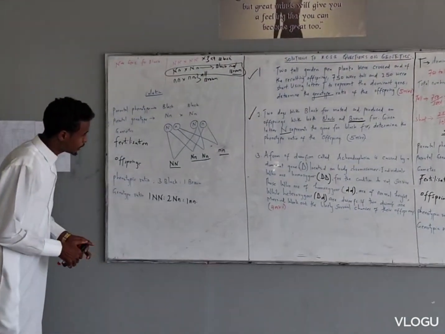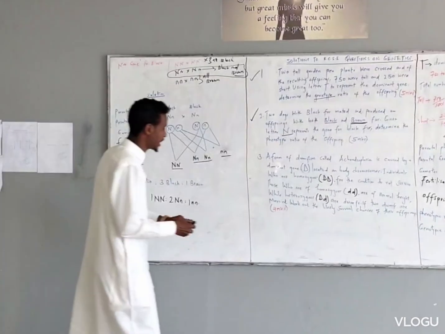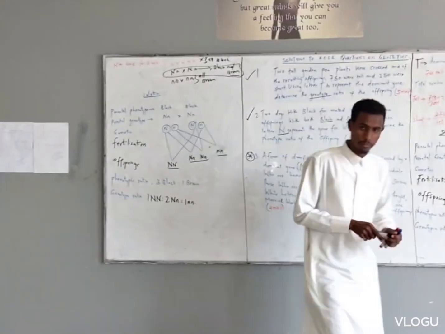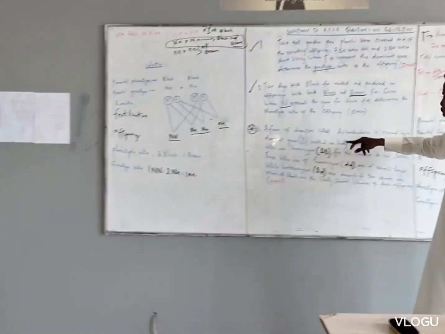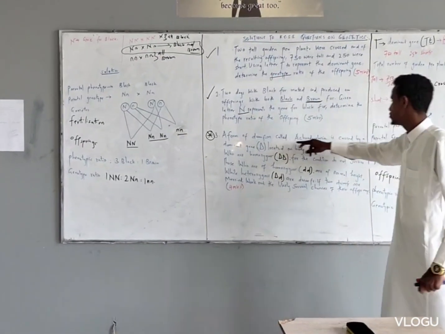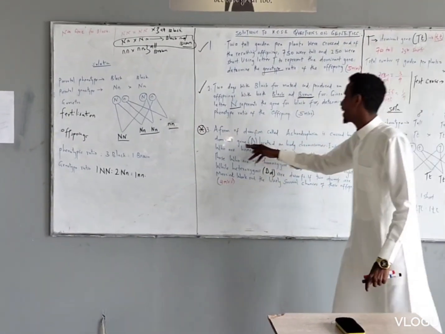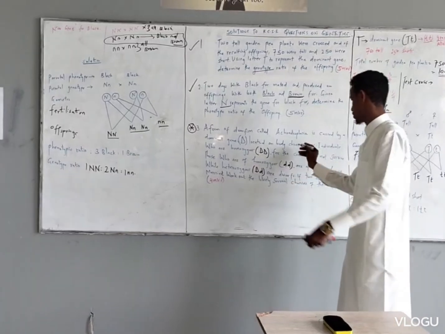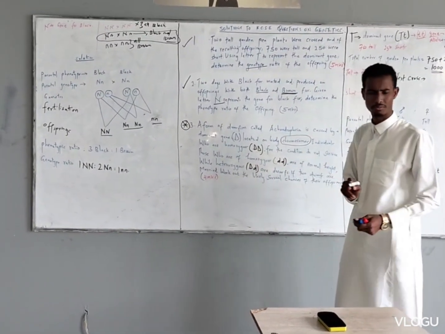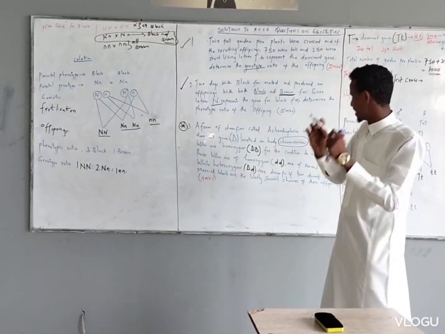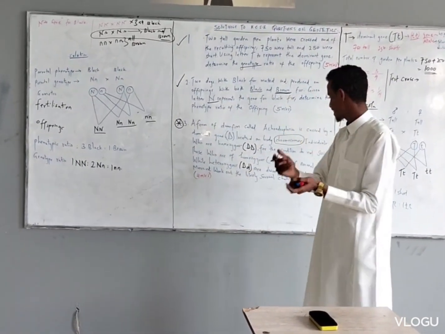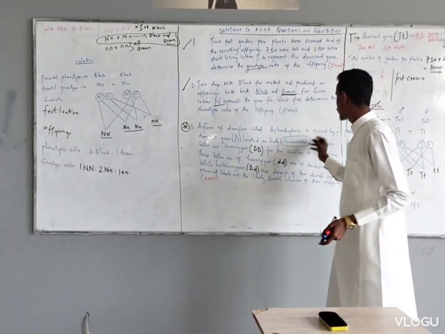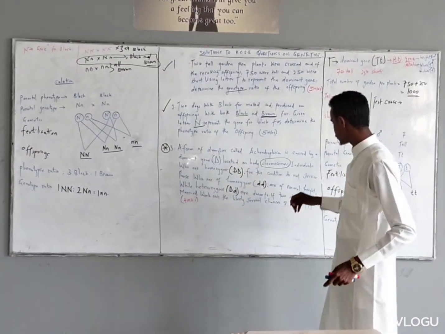Lastly, the last question by learners. I want you to give this question as a test so that you do it, then you forward it. This question looks like this. A form of dwarfism called achondroplasia is caused by a dominant gene located on body chromosomes. Sometimes students may confuse what a chromosome is. Chromosomes are thread-like structures found in the nucleus of every cell, and they contain molecules such as DNA.